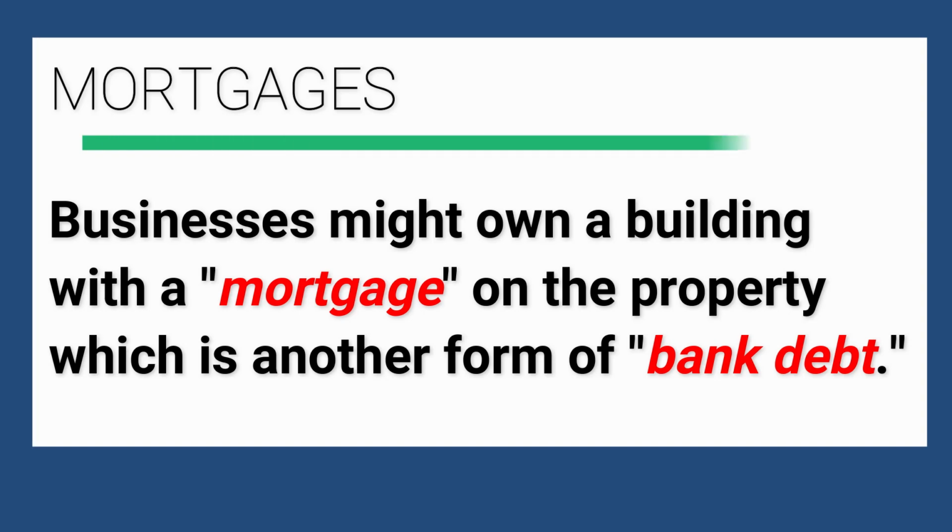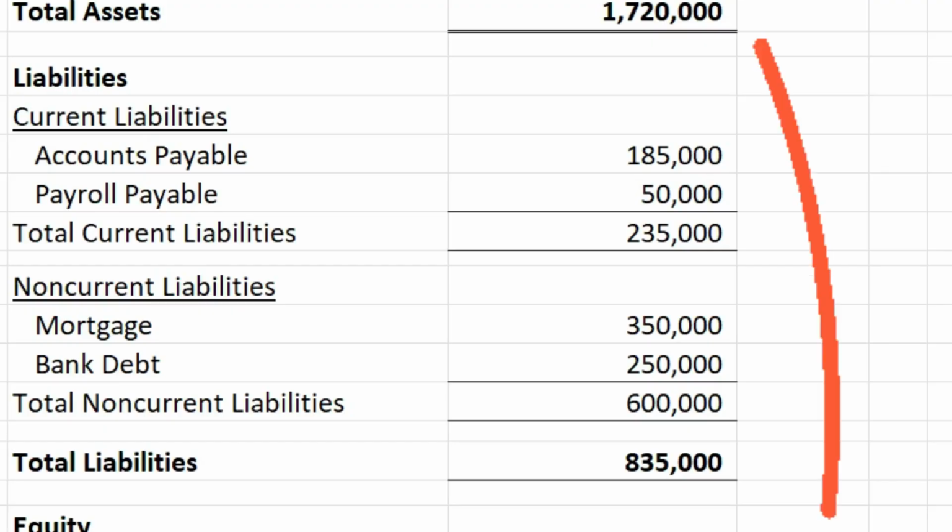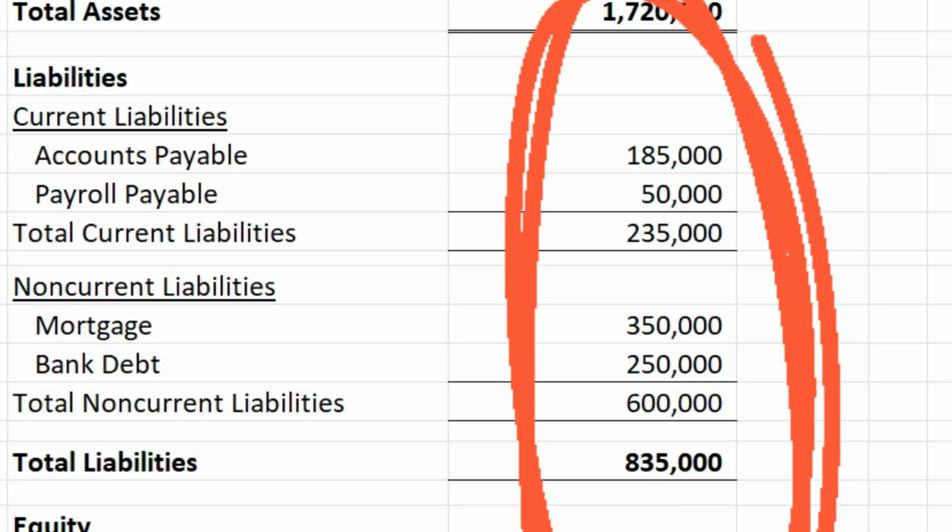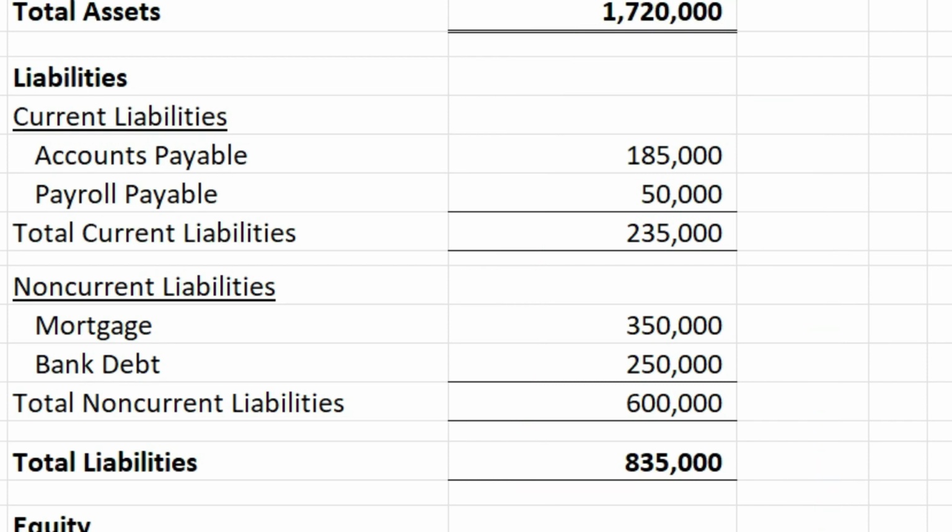A mortgage, in the situation we just talked about with the house. You purchase the house, you need to get a mortgage. The company's going to do the same thing. They want to buy a commercial property. They are going to get a mortgage. They're going to get some bank financing to buy that asset. So liability is going to be money that you owe to another party, whether that is accounts payable, whether that is bank debt,